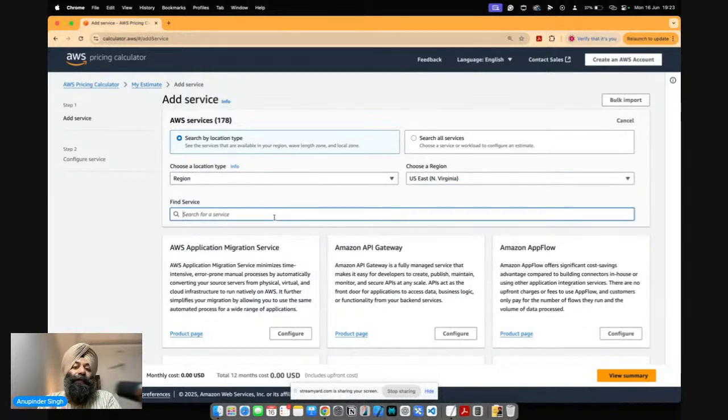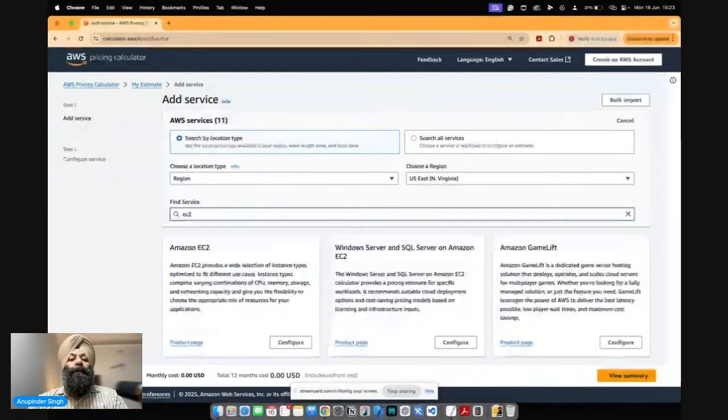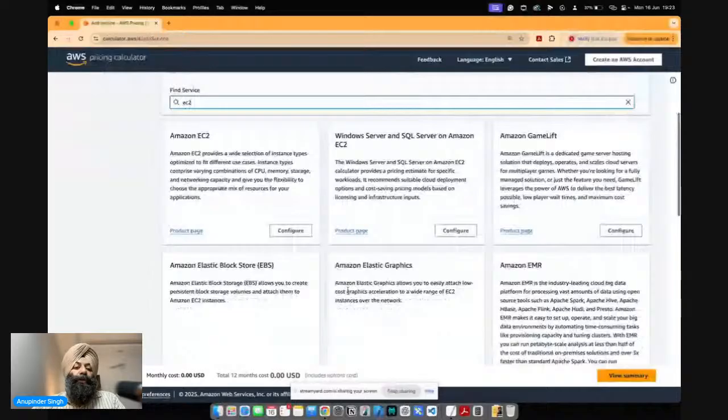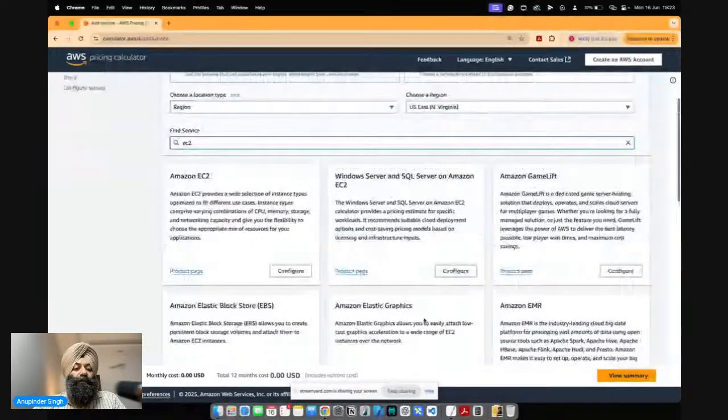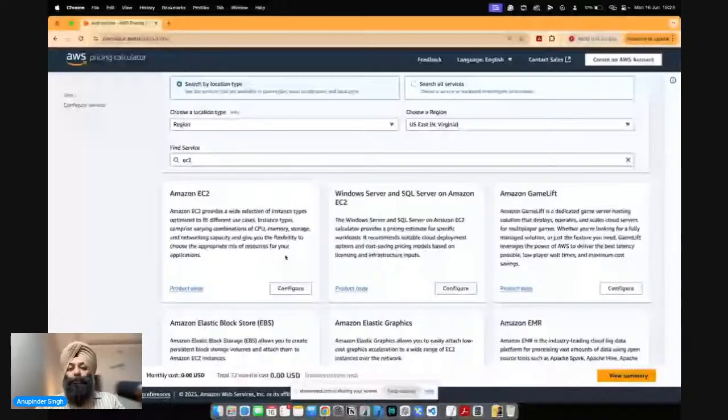अब मैंने शुरू में बोला कि मैं EC2 के लिए आपके लिए कॉस्ट एस्टिमेशन करना चाहता हूँ, तो EC2 आई विल टाइप एंड यू विल फाइंड कि EC2 के रिगार्डिंग जो सर्च में मेरे पास है दैट इज गोइंग टू बी डिस्प्लेड बाय डिफॉल्ट. फर्स्ट आई एम गोइंग टू क्लिक Amazon EC2, क्योंकि इसके रिगार्डिंग मुझे कॉस्टिंग estimate करना है. So right now I'm not going to create any resource at this point of time.